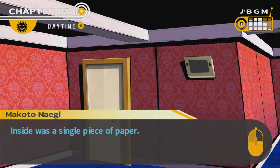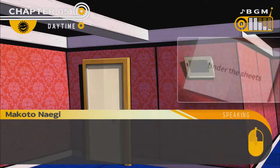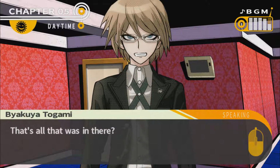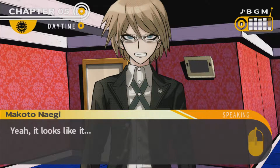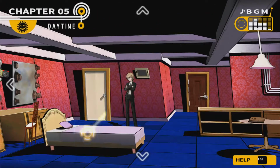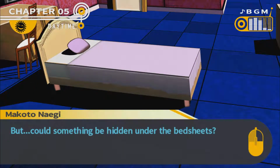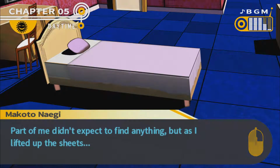Inside was a single piece of paper. Under the sheets? That's all that was in there? Yeah, it looks like it. Under the sheets, what could it be? Well, under the sheets. But could something be hidden under the bed sheets? Part of me didn't expect to find something, but as I lifted up the sheets...